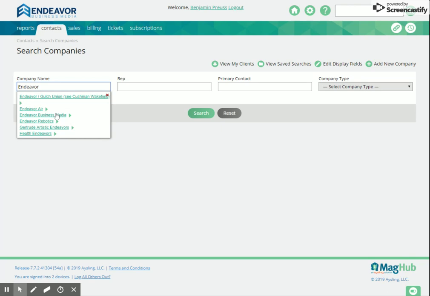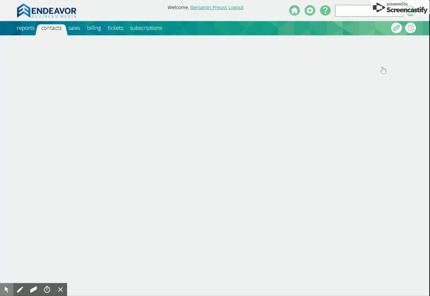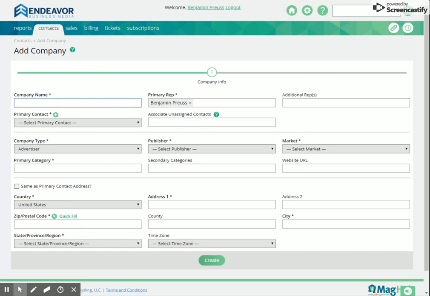I could do that. But if this is a brand new company of Endeavor B2B, I can go ahead and leave that alone. I could do a search and just search for anything that comes up. Nothing does. I can choose to then add a new company over here to the right. I'll start typing in my company name again here. Now that I know they do not exist in the system, it should have my name listed here underneath primary